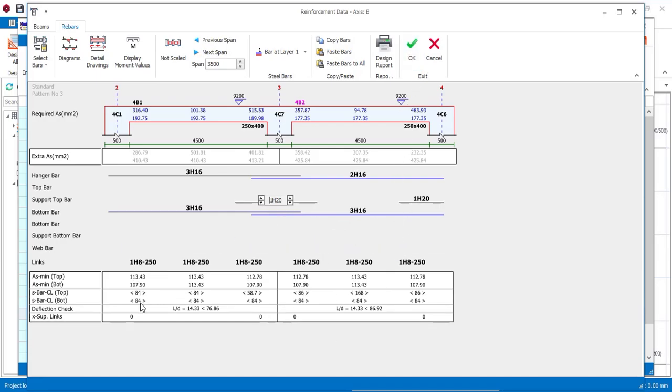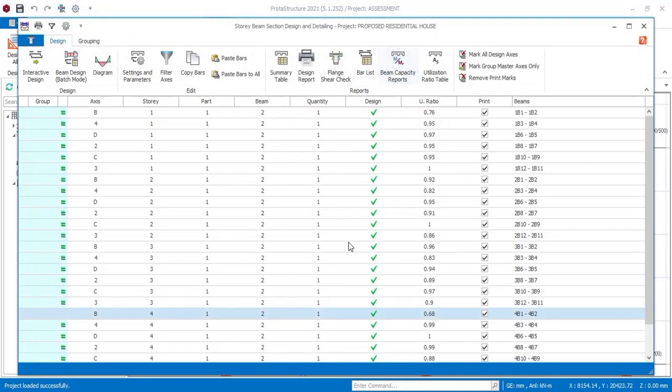It also shows us the number of links. As you can see, this one will be H8 spaced at 250, H8 spaced at 250, and all these ones, as you can see. Yeah, so we press OK, and before we finish here,